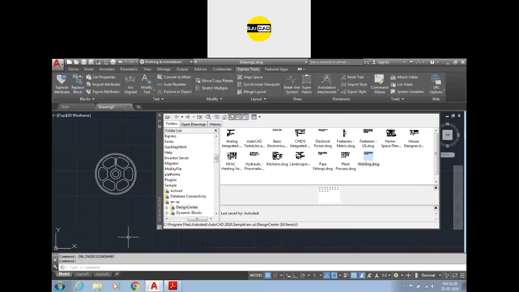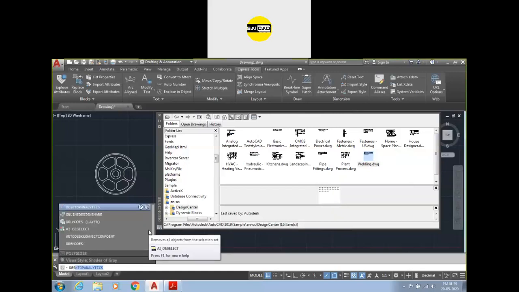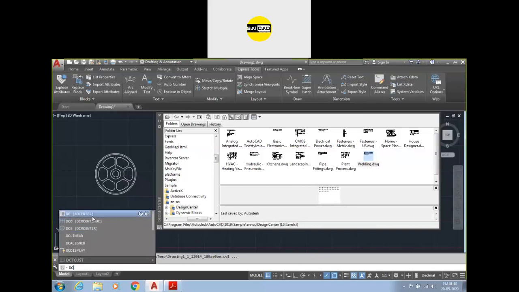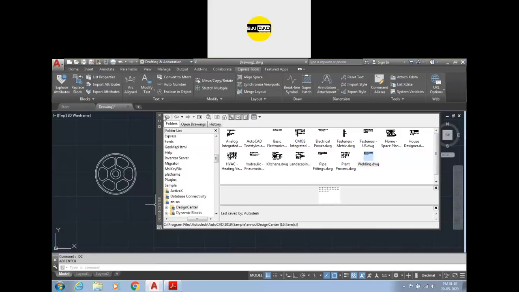Okay, wait a second. So design center will be. Okay, so we have the shortcut only DC for design center, that will open like that.